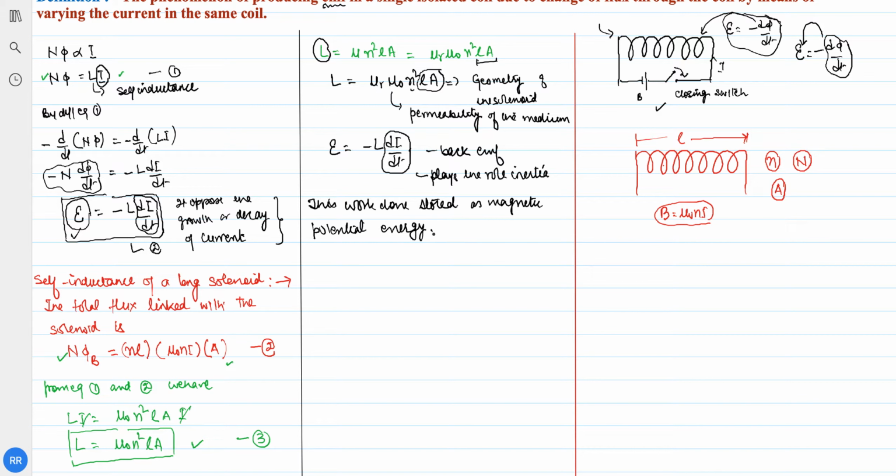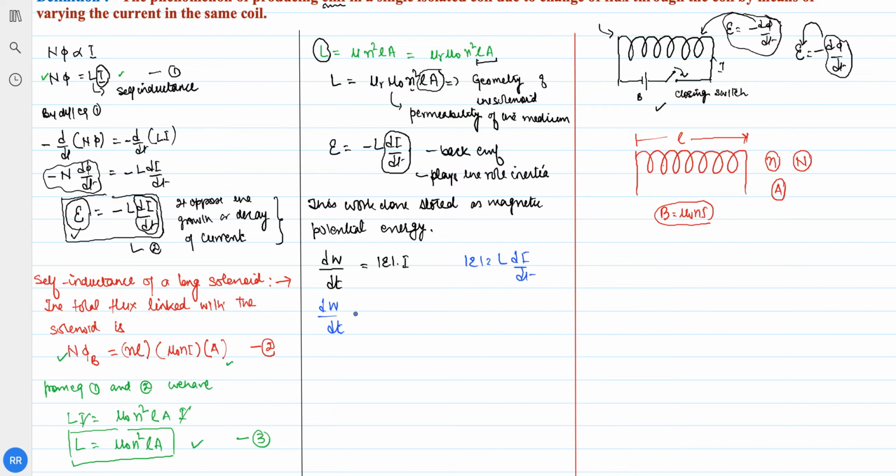So for the current I at any instant in the circuit, what will be the rate of work done? Now look, this will be a new expression for you, derive an expression for magnetic potential energy. It can be asked in the paper. dw upon dt is the magnitude of induced EMF into I. So change the color of the pen so that you can differentiate this question. Where magnitude of EMF is equal to L times di upon dt. So you can use it over here.